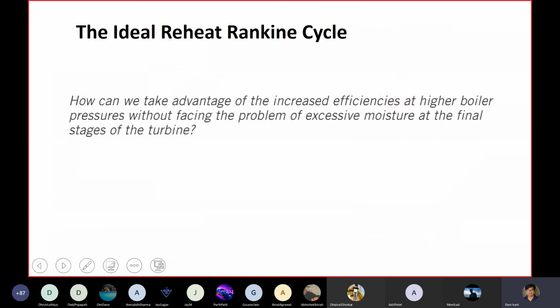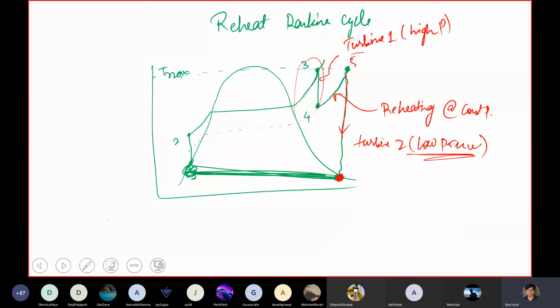I have to check, because I haven't seen that there would be any intermediate turbine. There will be only 2 turbines. But there was a mention that there is an intermediate turbine which works at moderate pressures between high and low. Okay. Maybe they might be doing reheating 2-3 times. Yes, maybe, sir. There might be 2-3 stages.